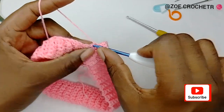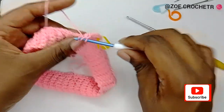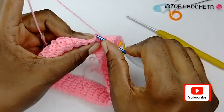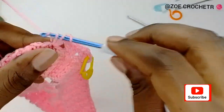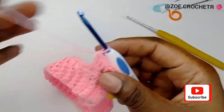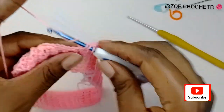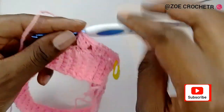1, 2, and 3. Skip 2 stitches, 1, 2, into the third make 3 double crochet, 1, 2, and 3. Skip 2 stitches and into the third make 3 double crochet, 1, 2, and 3. Now you're just going to repeat this sequence all through, and I'll meet you at the end of